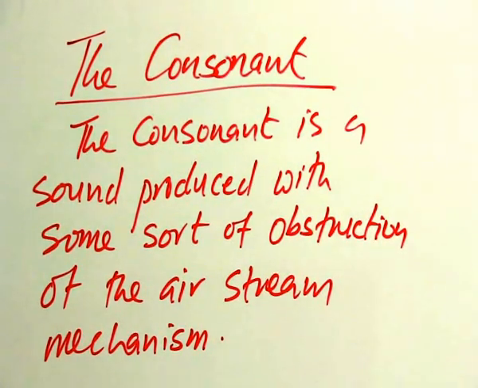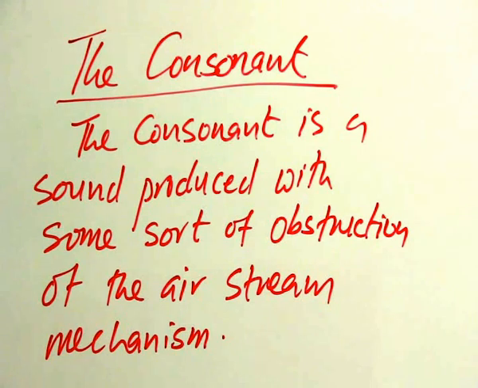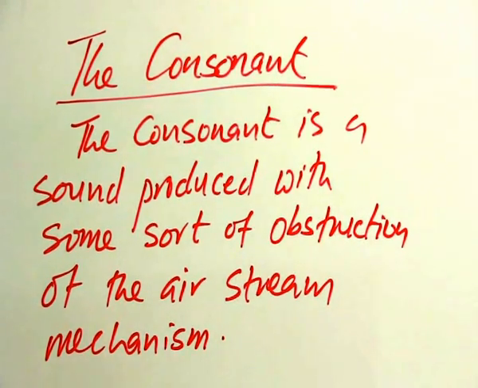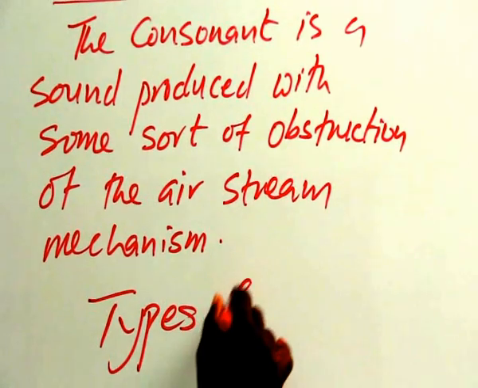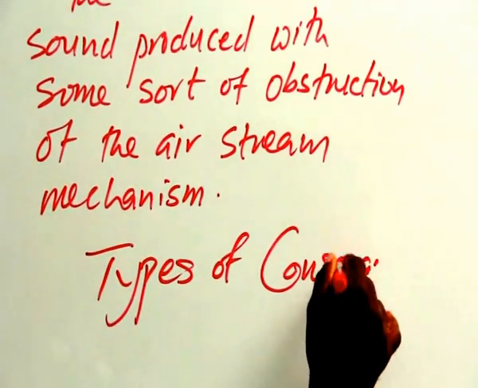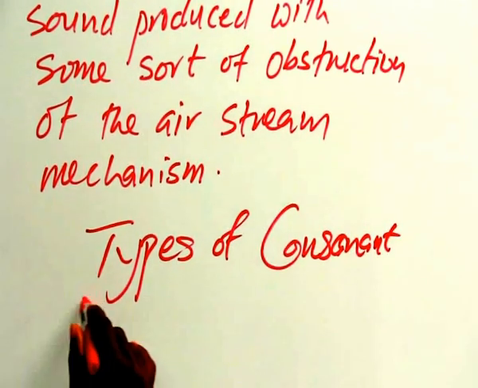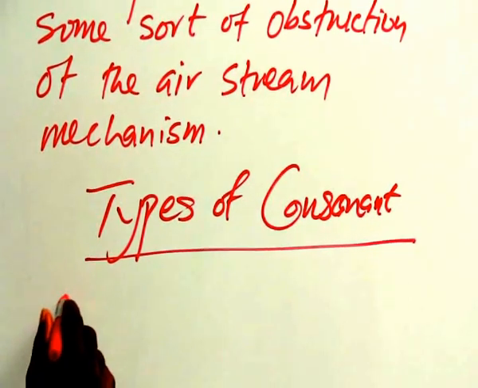We actually divide consonants. When we talk about the types, we classify consonants based on three parameters. We do that in three ways. What are the three ways we classify? Okay, let's say types of consonants. Let's just have that as a title. Types of consonants. Now, we do our classification